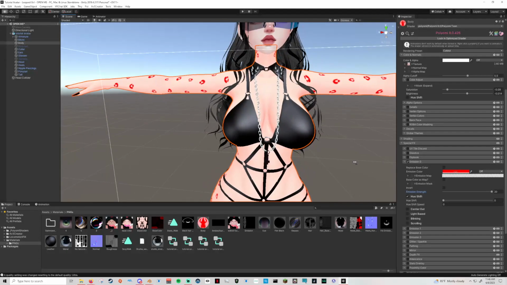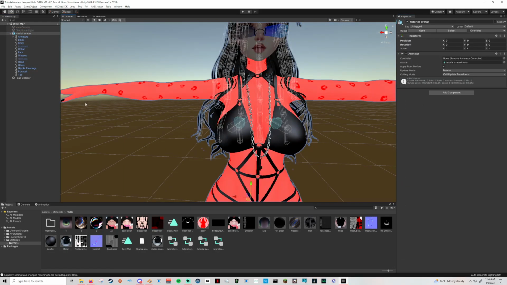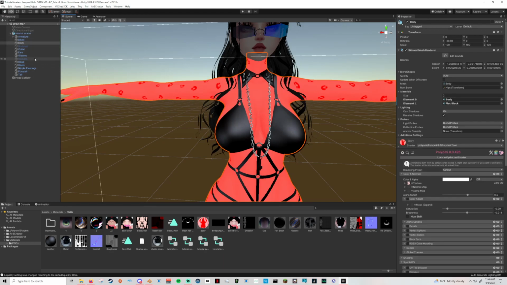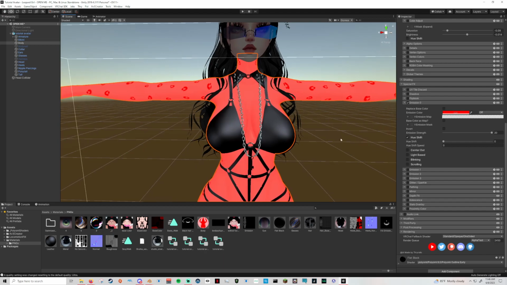So let me turn off lighting again, because you can see emissions best when it's dark. That's kind of what emissions are, so I normally do them when lighting's off. So if I turn it on and I have Hue Shift for this emission, okay, but then I go and put the same emission 0 on her eyes,